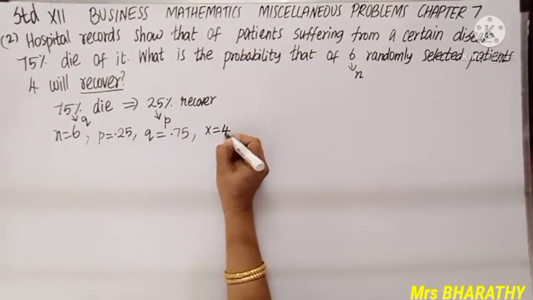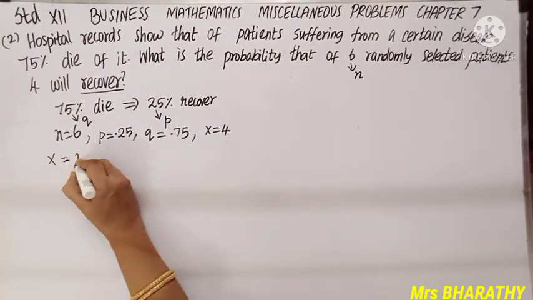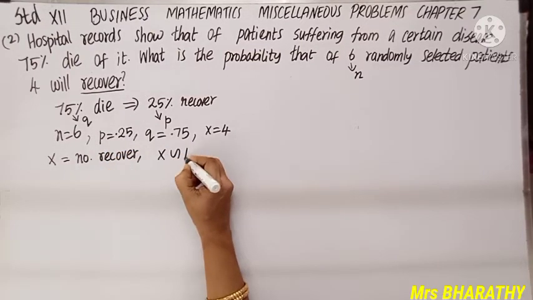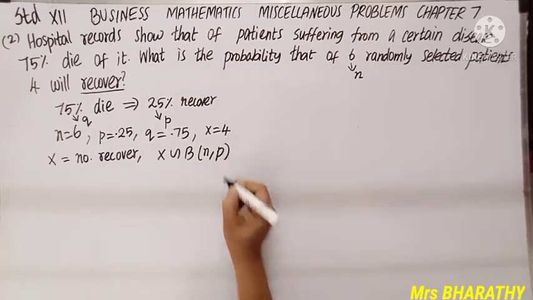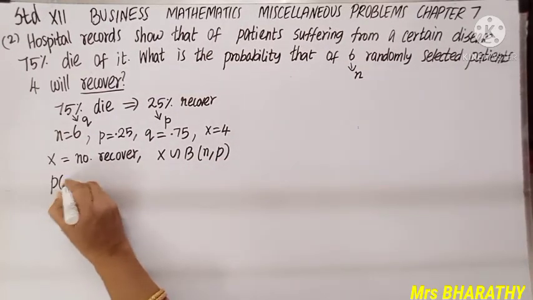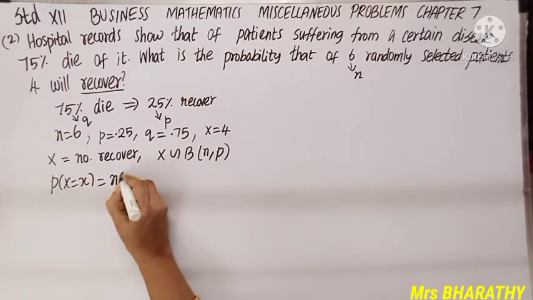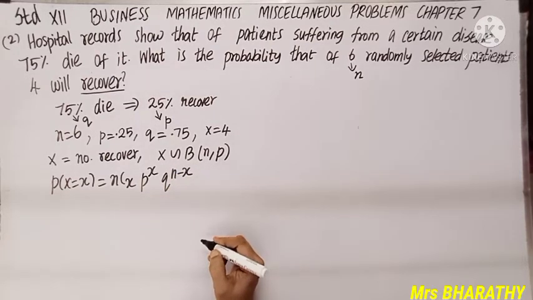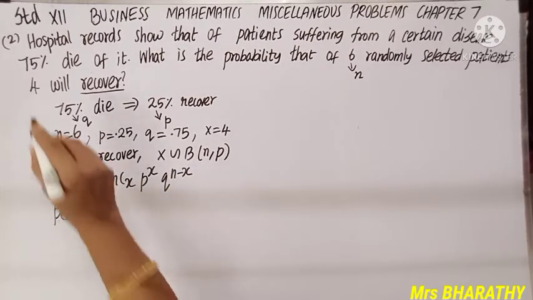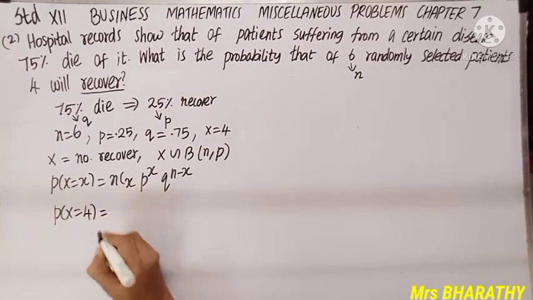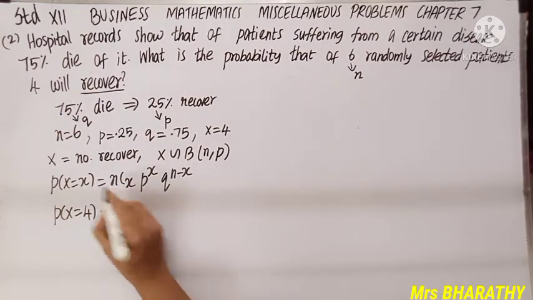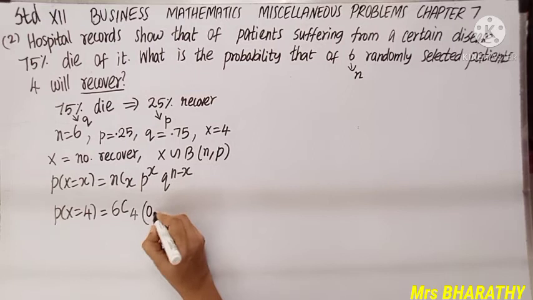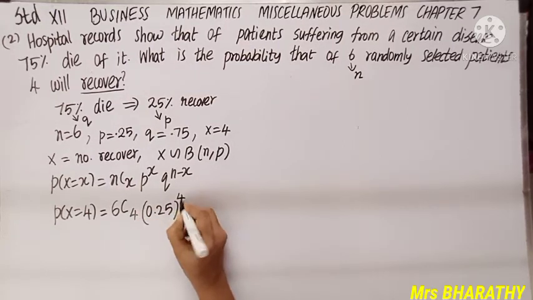So X is equal to 4. X is equal to the number recovering from the disease. X follows binomial with parameters N and P. And we remember the binomial distribution: NCX P power X Q power N minus X. We need to find 4 will recover, so X is equal to 4. NCX is 6C4, P power X is 0.25 power 4,